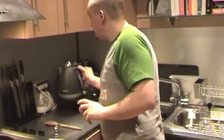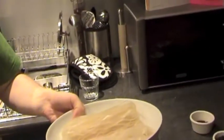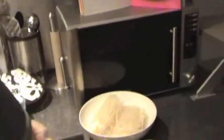Now the first thing that we have to do is to soak the noodles, because we don't actually boil them, we don't actually cook them. Just pour a little bit of hot water over them and let them soak for a while. So that's what we're going to do first. I've already boiled the kettle. I have the noodles prepared already. I'm simply going to pour...